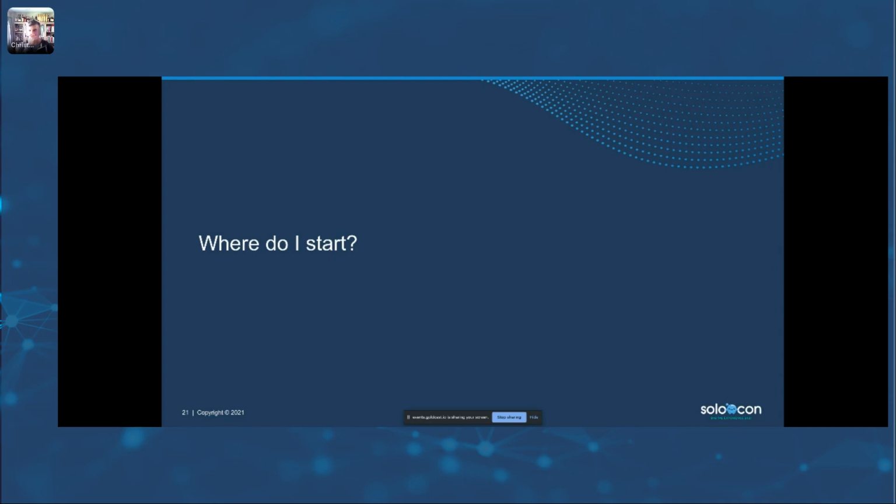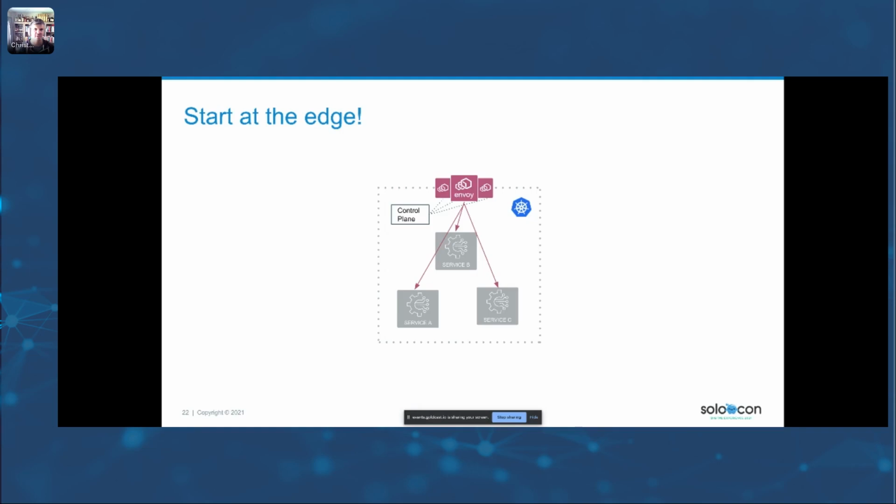But when people take this technology and actually deploy it and get past that initial kicking the tires and the debating, where do you actually start? How do you actually go to production with these types of things? It typically starts at the edge: getting the control plane deployed into your cluster, understanding how to operate it, how to integrate it with the rest of your infrastructure, and deploying an Envoy proxy at the edge.